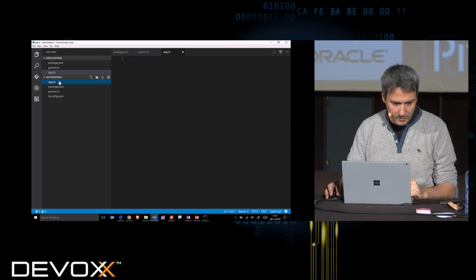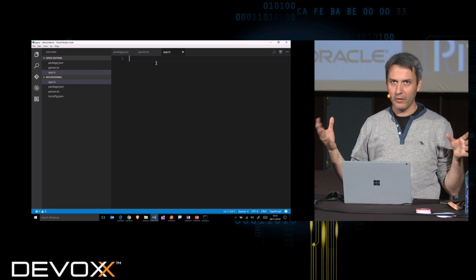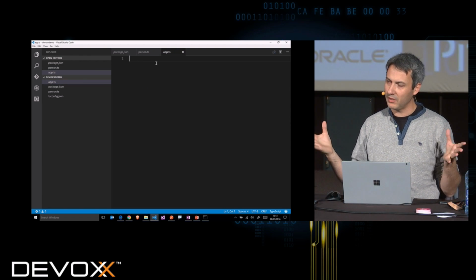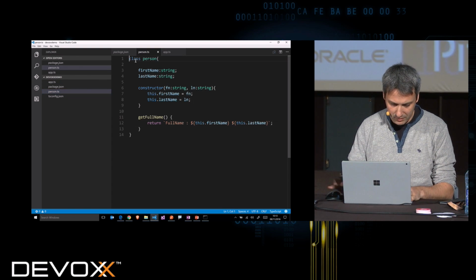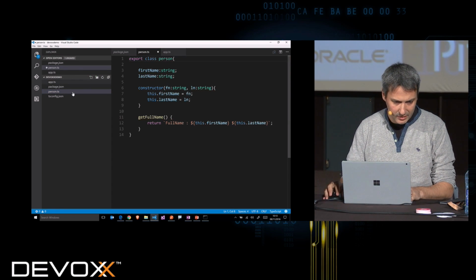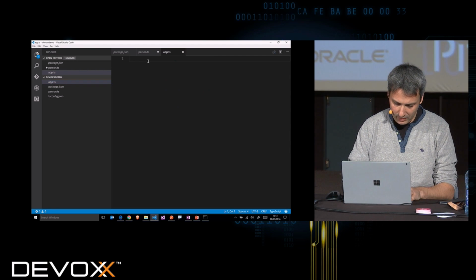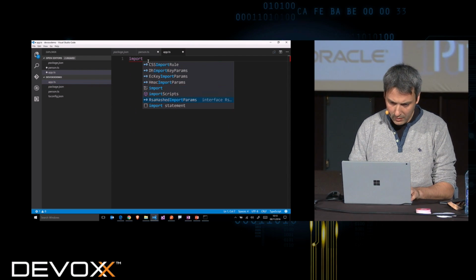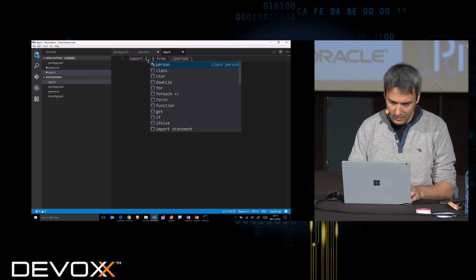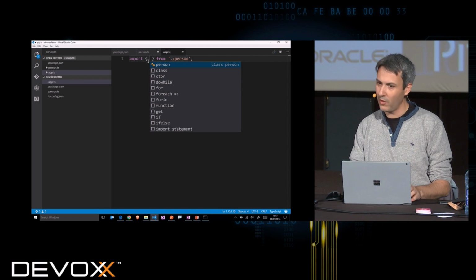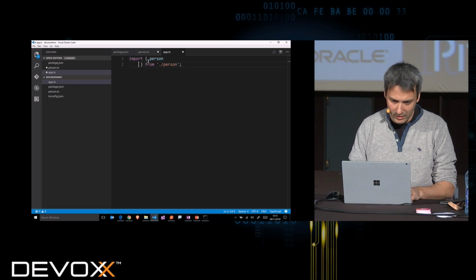And I will use my app to show it. So I will make an import-export. You know this new module feature. So I will export my class and I will import it here. So import from ./person, and I have the IntelliSense, so it works. Okay, so I can,